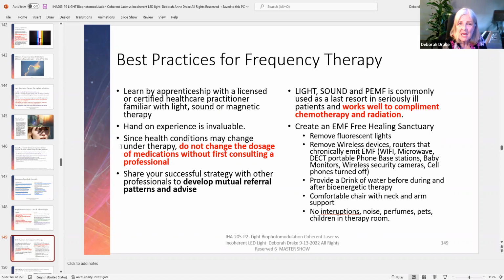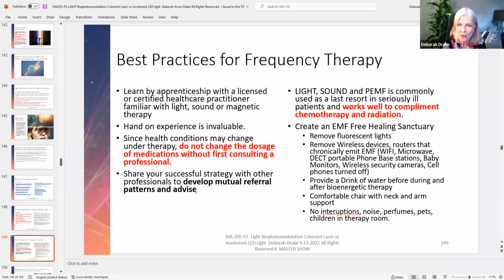Remember that many health conditions may change under therapy, so don't change a person's dosages or medications without them consulting with a professional. But the professional might need to know that their blood pressure is dropping and not think that they're sick. If you're just improving their blood flow, maybe they don't need such a heavy-duty dose of 5 anti-hypertensive drugs, that maybe they can drop some of these diuretics or cardiac pills if their heart is working so much better. So keep the communication lines open, okay?